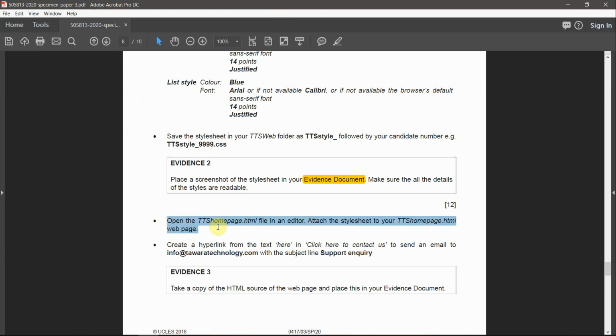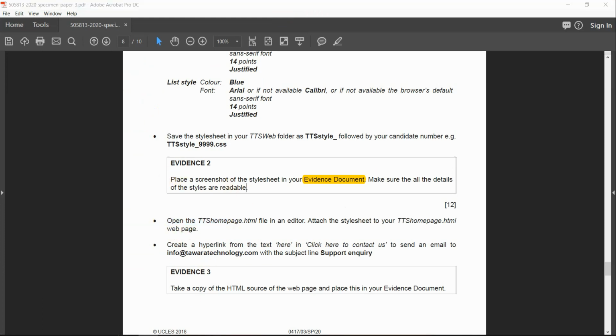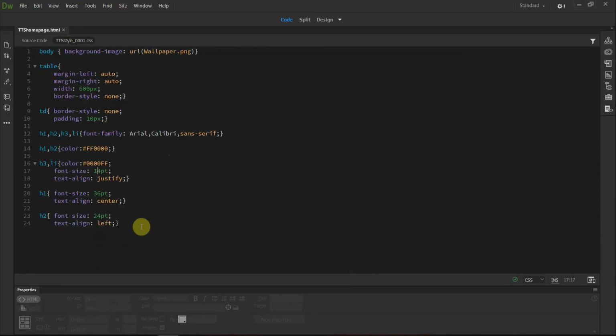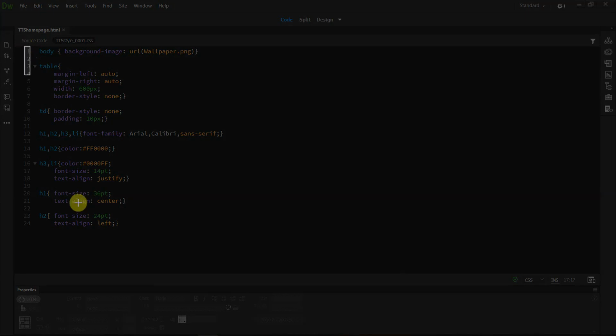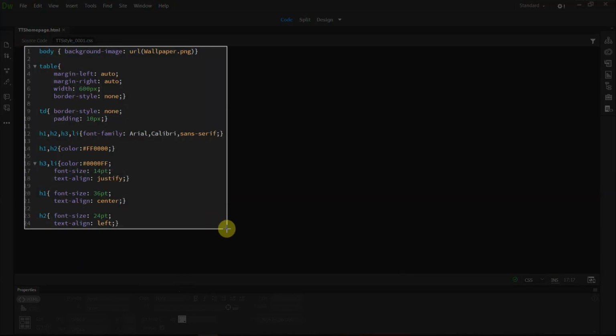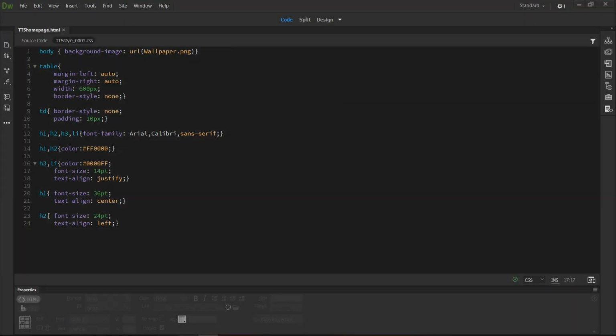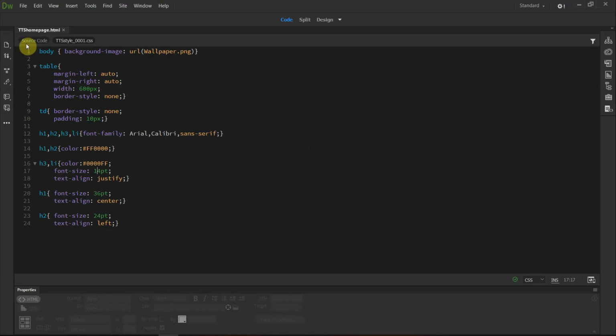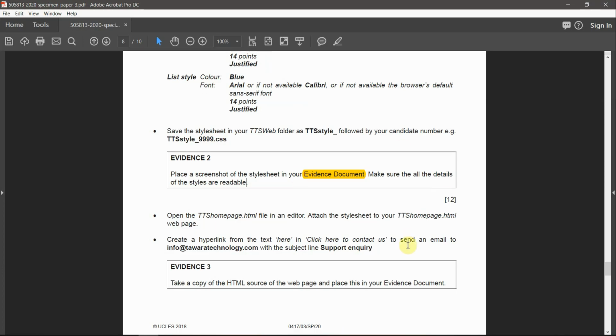We have to put our evidence one more time, the correct evidence. That means I have to correct it, and after correcting, I have to take the screen capture again. So I'm going just to crop it from here and then add it over here. After that we do the attachment and so on. Okay, and then